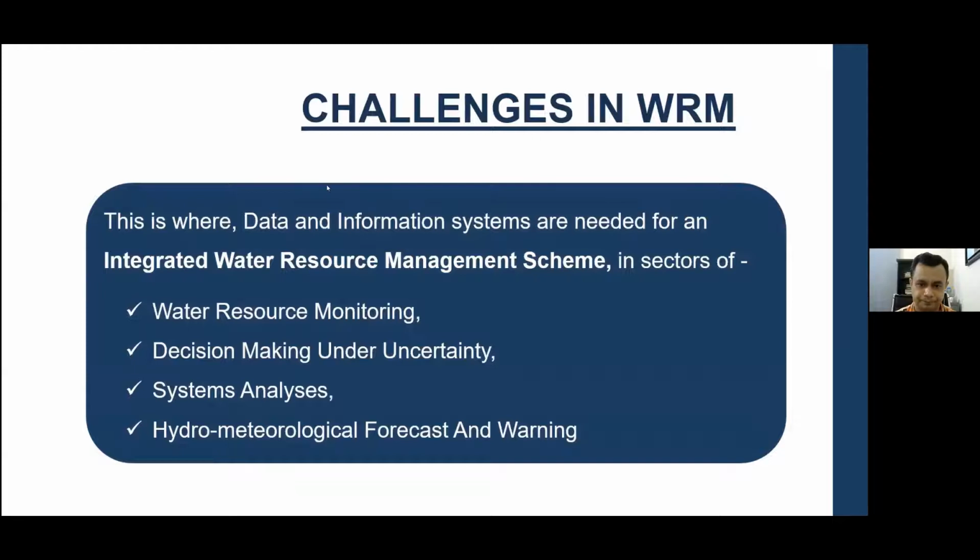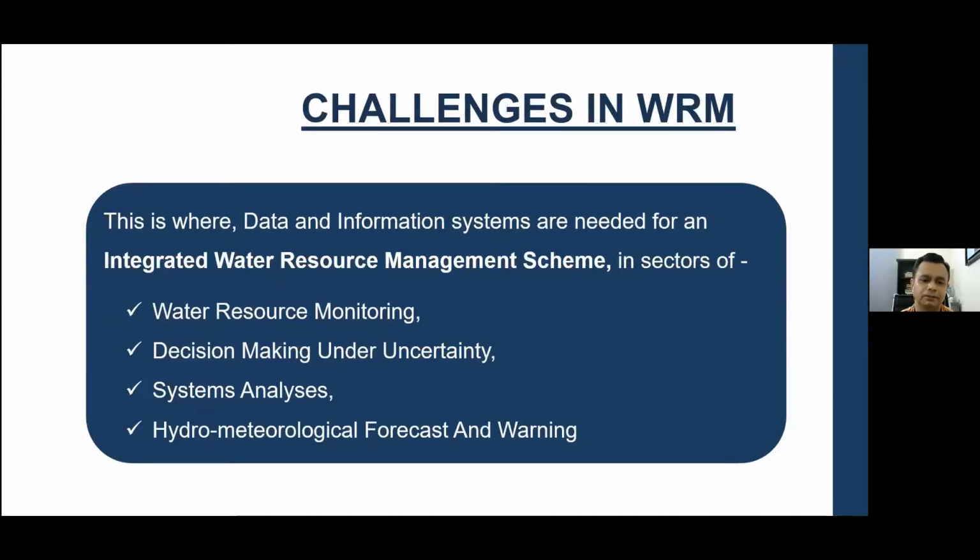So what does integrated water resource management do in water resource management? We have to think about the integrated approach. This is because the issue of water resource management is not a separate issue. So many other things are also related. Many site-specific factors and many other factors or issues are relevant to water resource management. So that's why we need an integrated water resource management scheme,